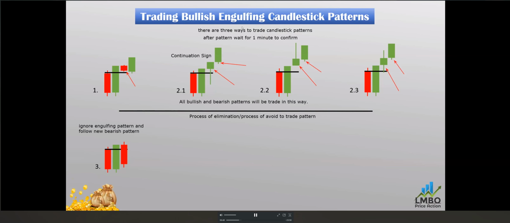Here we will wait, and if any one of the patterns appears, like any engulfing, any hammer, any inverted hammer, or a spinning candle, then we will go for the next candlestick being red. Here we will trade. The next candlestick is the red candlestick. Okay. After that, this is the fourth way where we will avoid the pattern.